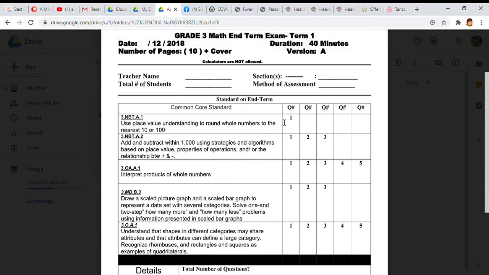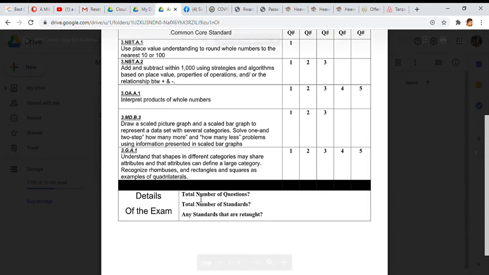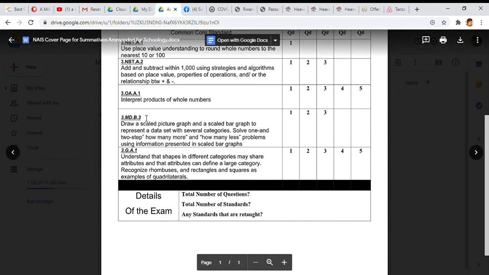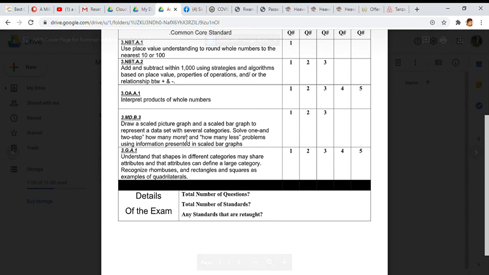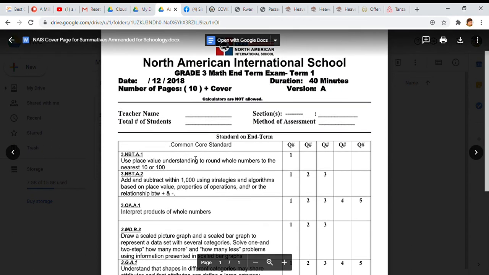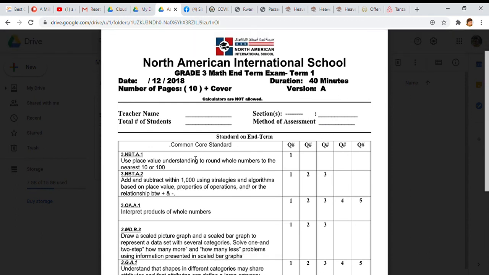We need to know how many questions you did for each standard on the test. And then the details of the exam are the total number of questions, the total number of standards, and whether there have been any standards that were retaught, meaning that they were failed before and we wanted to reteach that standard so our kids can show better mastery. If there are, you would write down those standards. That is the basis behind our cover sheet, our summative assessment pages that we use at our school